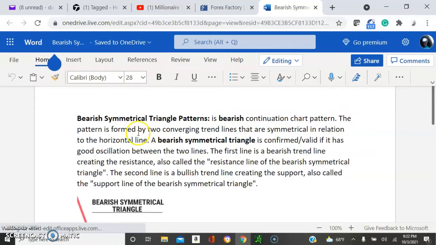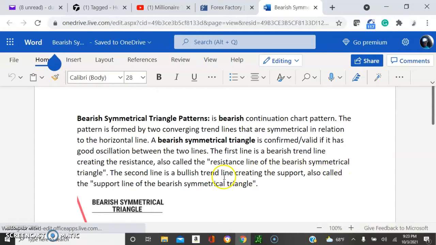The pattern is formed by two converging trend lines that are symmetrical in relation to the horizontal line. A bearish symmetrical triangle is valid if it has a good oscillation between the two lines. The first line is a bearish trend line, the top line, creating the resistance, also called the resistance line of the bearish symmetrical triangle. The second line is a bullish trend line, creating the support, also called the support line of the bearish